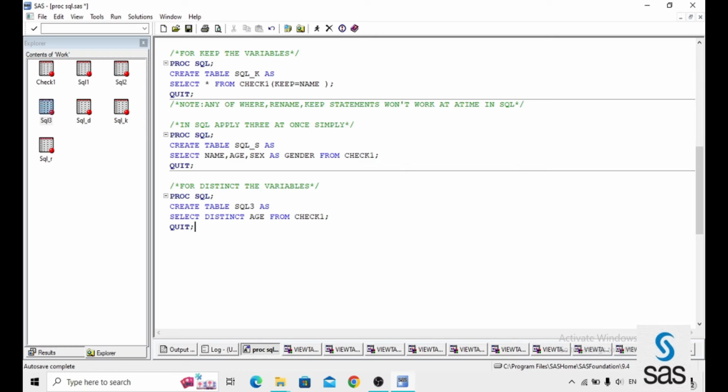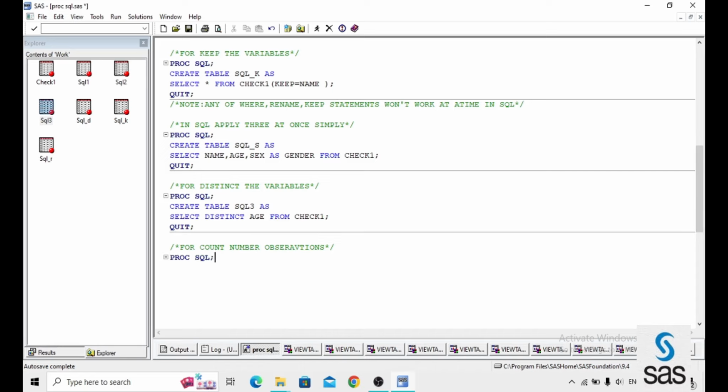And the second one is to count the number of observations. What does it mean? It simply counts the number of observations, how many are there in that particular variable, and it takes all the repeated observations from that particular variable, not like distinct. Then how will it be?